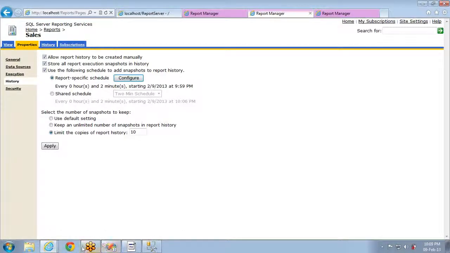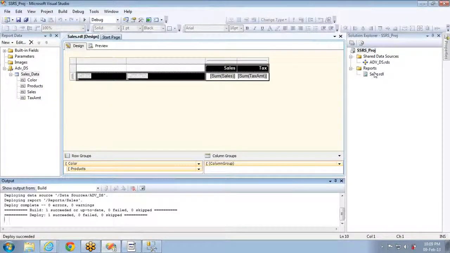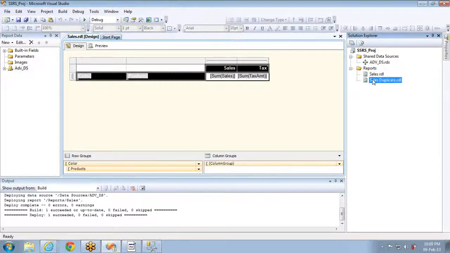Now what I'm going to do here is copy and paste the same report, and I'm renaming it sales duplicate. What I'm going to do here is open this report.